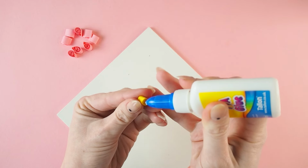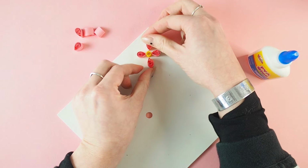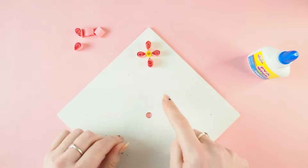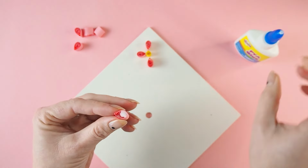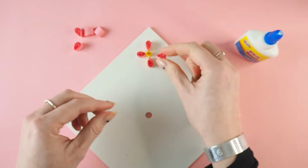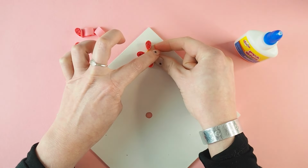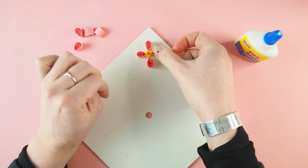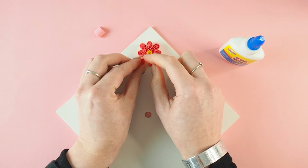Glue the 2 pink flowers onto the wooden board at the 12 and 6 positions, the top and bottom points. Use a blob of glue on the underside of each piece. Don't apply too much glue as you don't want it to ooze out from underneath the paper. Start with gluing the yellow center onto the point you marked in pencil, covering it up. Then glue each of the pink petals in place, ensuring the tip of each petal touches the center and they